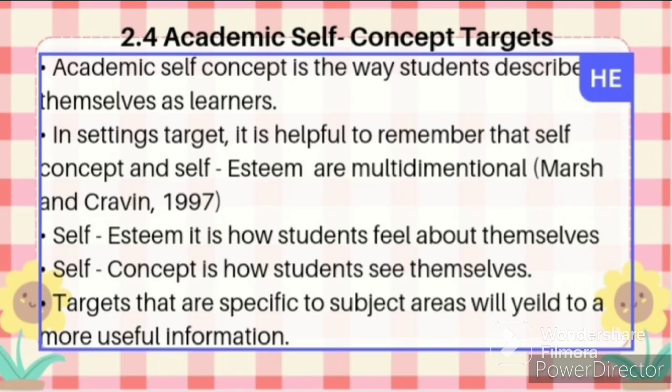Okay, so good day everyone. So in the continuation of the report, my part is all about the academic self-concept and the social relationship target. Okay, so academic self-concept is the way students describe themselves as a learner. Most educators refer to this characteristic when dealing with students who have a certain problem with their schooling and learning. For example, the low self-concept, where the perception of the students, their viewpoint of themselves, is very low. That has a negative effect, it affects their academic achievements.